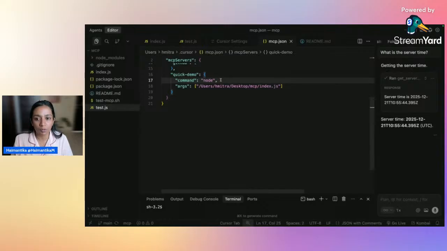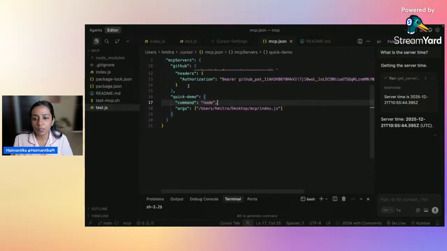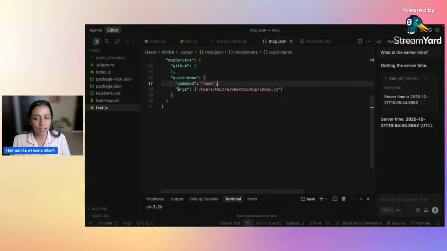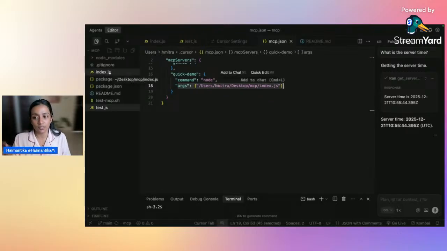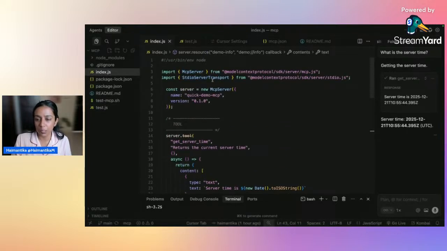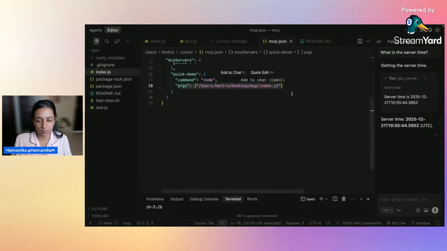So maybe it could be npx, and especially if it's a third party application like GitHub or DigitalOcean, where you would need to add your API keys, then you'll need to add those tokens. But since this is happening locally, the only thing that I needed to add in this section is just the root to this index.js file, which has the code, which has the tools and resources. But the moment you want to do something differently, you would have to add a different path to this argument field. So that's how very easily you can build your own MCP server.